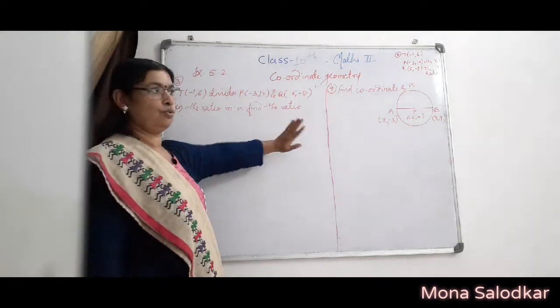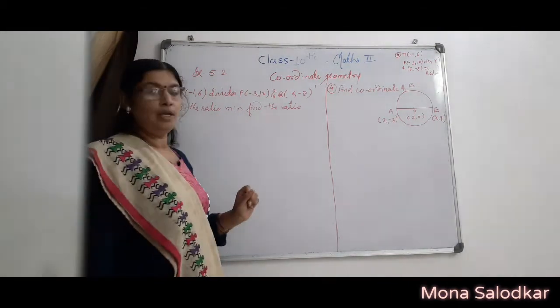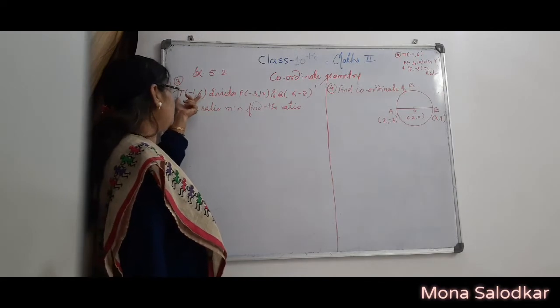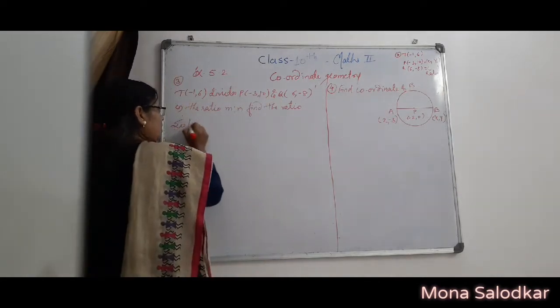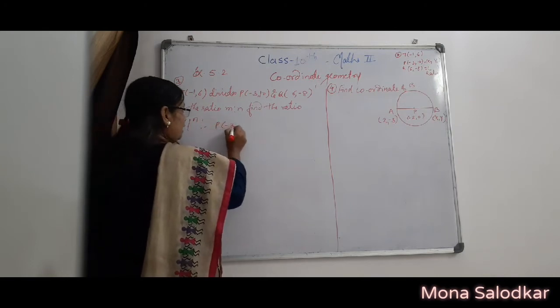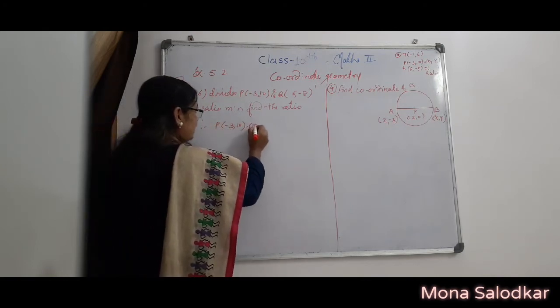You have to find out the ratio. Ratio means you have to find out m is to n. Now see here what is given. Point divides P and Q. First, what you have to take? Let P (-3, 10) be (x1, y1)